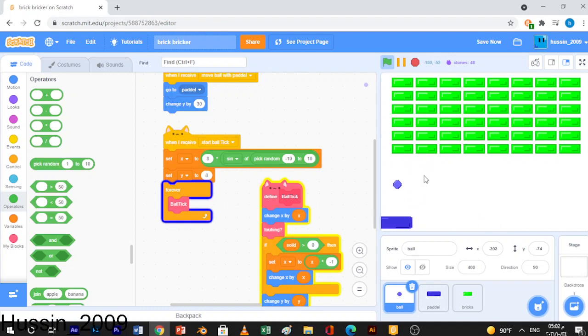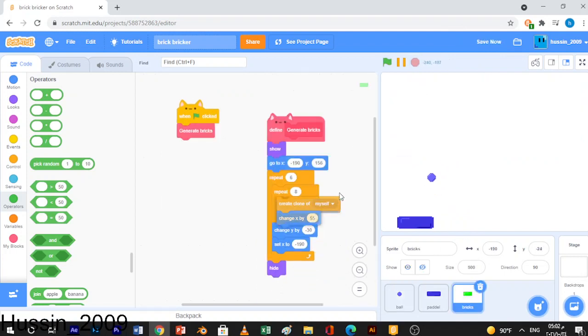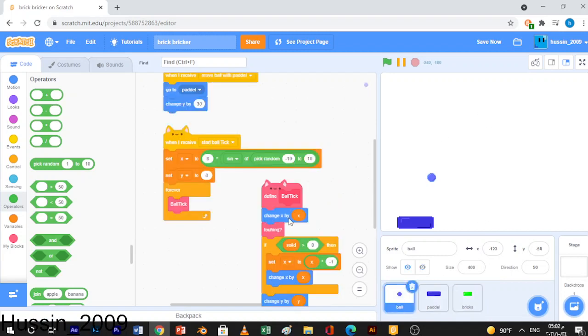Yes, like this. So it just goes and comes back in the same direction. That's not our problem. We will make the bricks disappear, then it can go inside and do something like hit and come back. So in our ball sprite